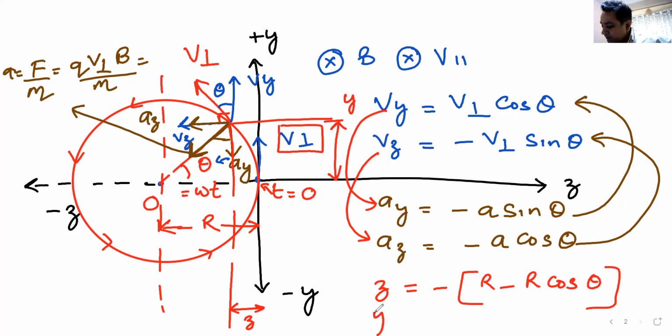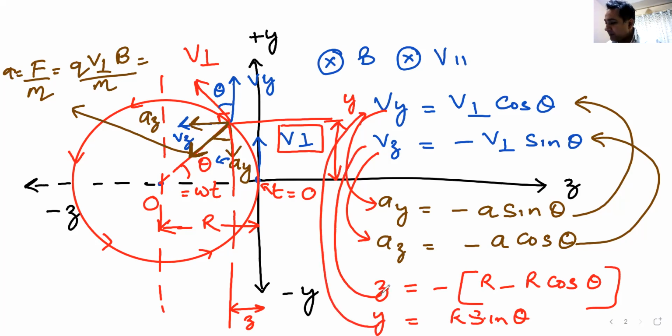What about the y component of position? The y coordinate is simply r sine theta. I have not used integration, I have not used differentiation, but again, if I differentiate this, I will get this. If I differentiate this, I will get this. So we have done the complete analysis of this helical path. Everything that is supposed to be known is right on your screens.